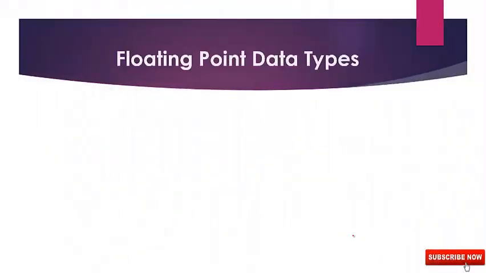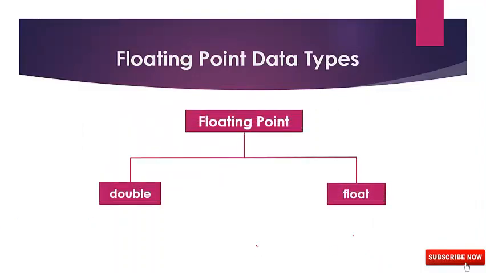Next, floating point data type. As you know, integer data types can store only whole numbers. They cannot be used to store decimal values. Hence, we use floating point types to store fractional numbers, that is numbers with decimal values. For example, calculations such as square root result in a value whose precision requires a floating point type. Fractional data types can be further divided into float and double.